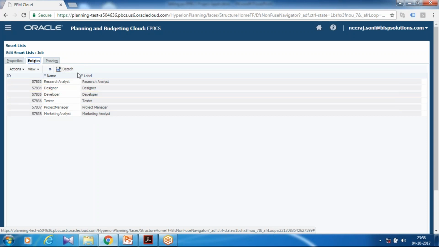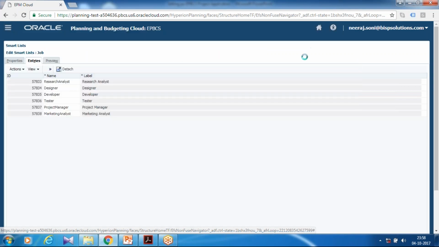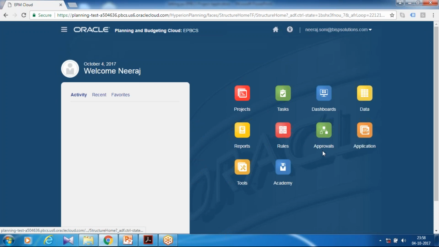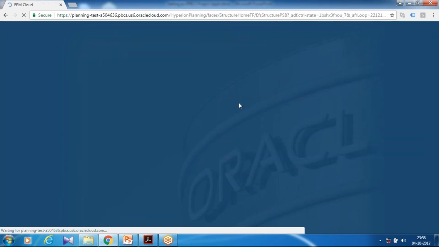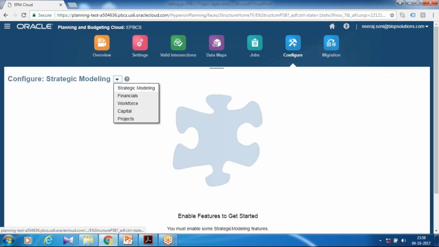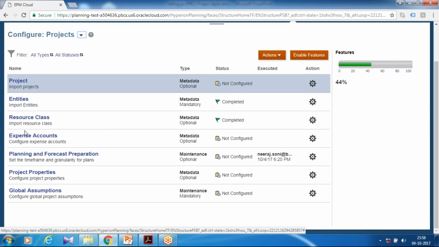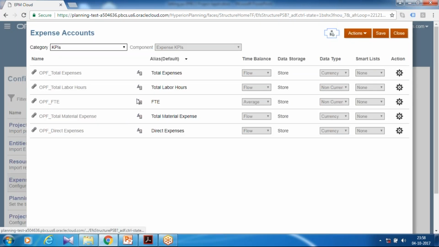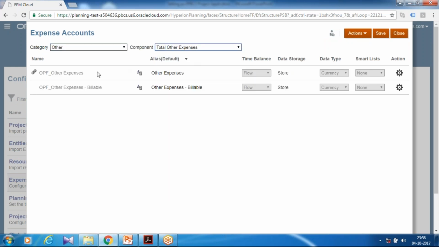Next, I'm going to modify my expense account and define expense account default settings, default values. So go to your application, setting, expense account config, select your application, project financial planning, expense account. So these are the expense accounts. I'd like to use other class, category, and other total expenses. So in order to make some changes,